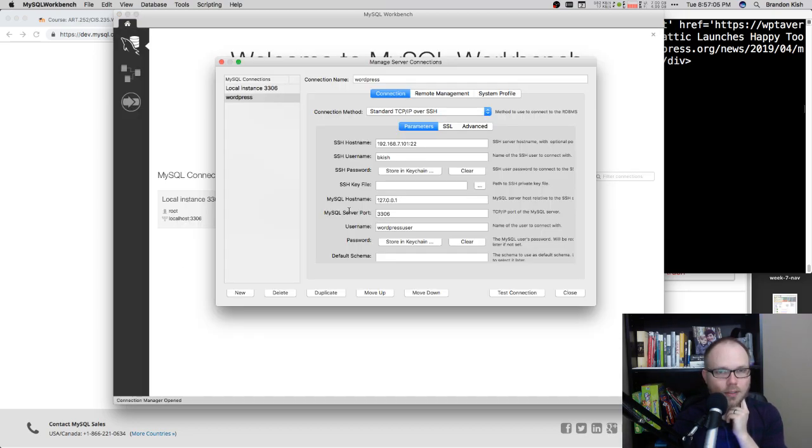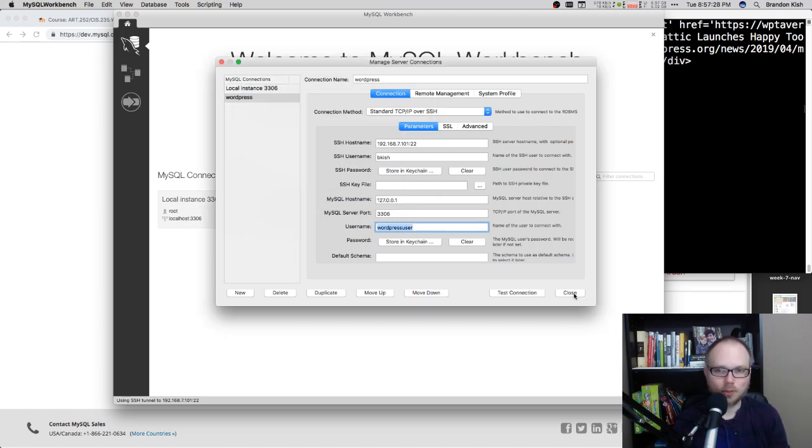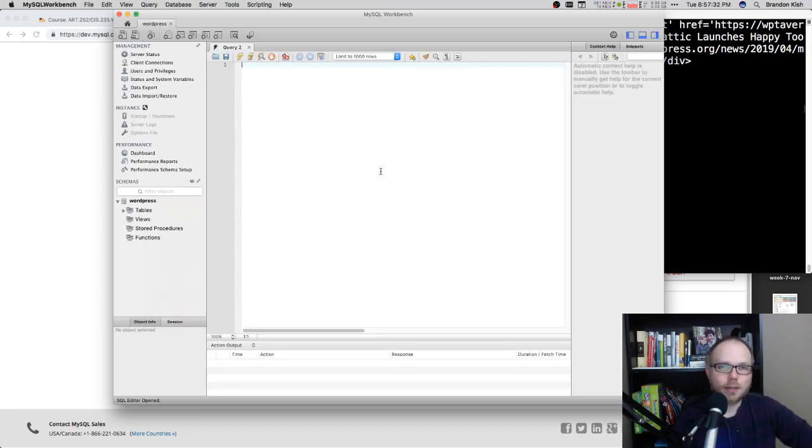And if I edit this connection, you'll see that I had to put in the IP address of my VM. Actually, I had to choose that I wanted to connect over SSH, and then I put in the SSH information, the MySQL connection information, including the MySQL username and password. And then I clicked test connection, and it would tell me that it was able to connect, or actually it gave me errors like 4 times in a row because I couldn't remember what the IP address was at first or what the password was. But then once you have this profile set up, you can just open this up to connect.